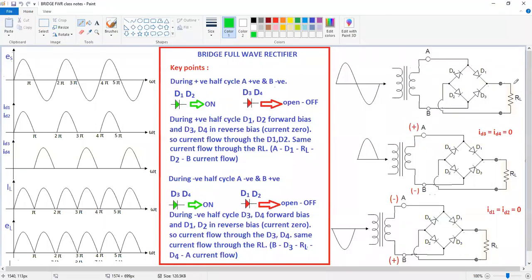Here also we are going to observe the output across the load resistance, either voltage or current. Output voltage and output current are both observed across this load resistance, similar to your half wave rectifier as well as full wave rectifier. Now here, during the positive half cycle,